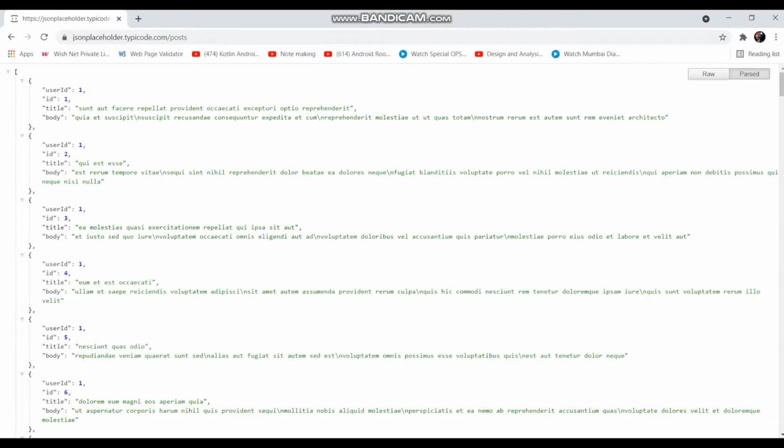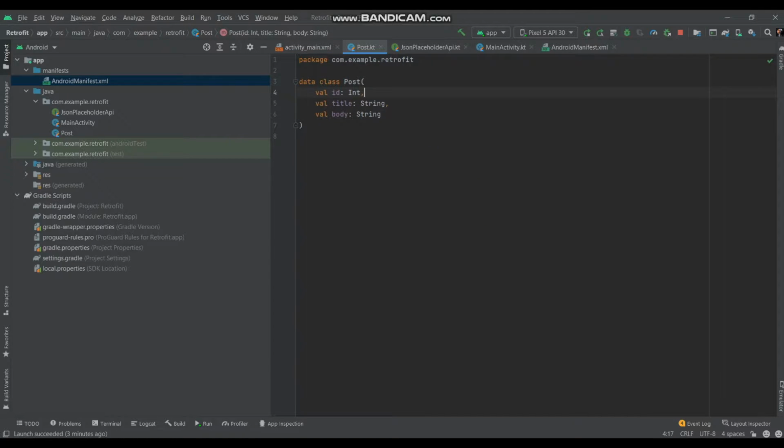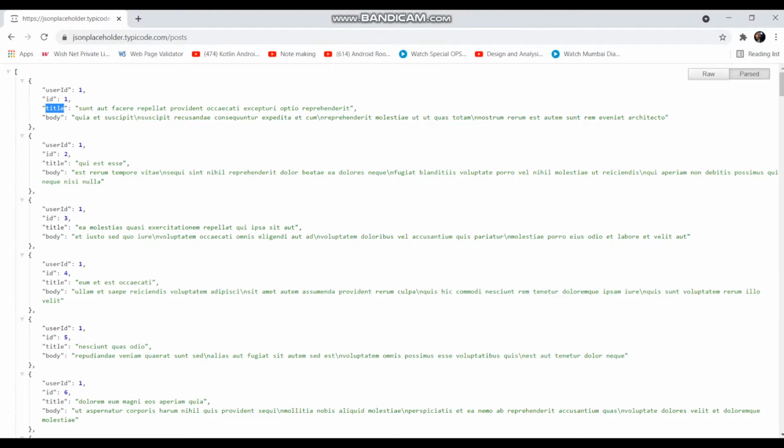To retrieve these values from the API and show it in our app, we have to firstly create objects in which we will be able to store these values. So we come into Android Studio project and create a data class named post, and here we add these variables. We name one as ID, another title, and another body. We have to keep in mind that we have to give the name of the variable as the same as that of the key name in our